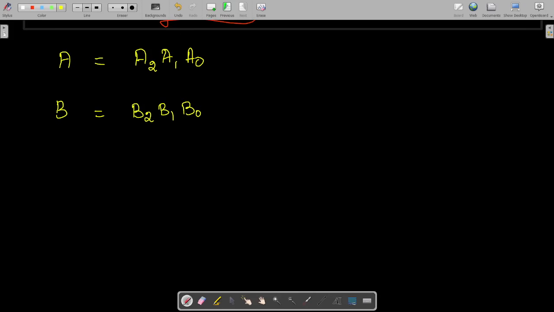Now I am going to check the first condition, whether A is equal to B. A is equal to B means A2 should be equal to B2, A1 should be equal to B1, and A0 should be equal to B0. When these bit positions are equal, we say that A is equal to B.